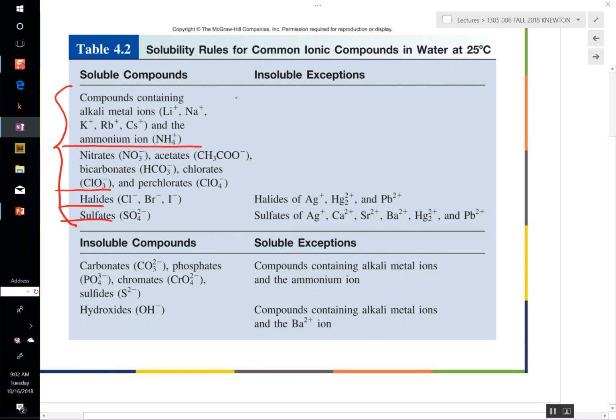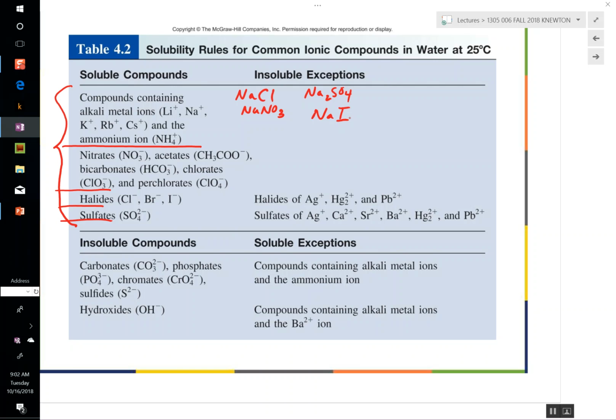Well, let's take sodium: sodium chloride, sodium nitrate, sodium sulfate, sodium anything, sodium iodide. What this is saying is, if sodium is one of the ions in the compound, it doesn't matter what the other ion is, it's soluble in water. Sodium salts are all soluble in water. Lithium, potassium, rubidium, cesium,